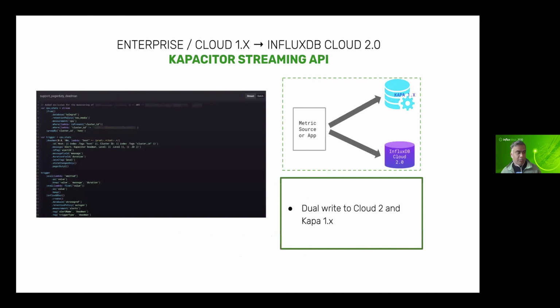This is streaming. In 2.0, we have not enabled streaming because again, it's a pretty complex use case, and eventually we probably will, but it's not there today. So if you're using streaming, the option for you would be to do dual write. We talked about dual write separately. Whatever your source is, either Telegraf or a client library, just make sure you write to 2.0 and 1.x. So your 1.x TICK scripts will continue to work, and in 2.0 you can simply take